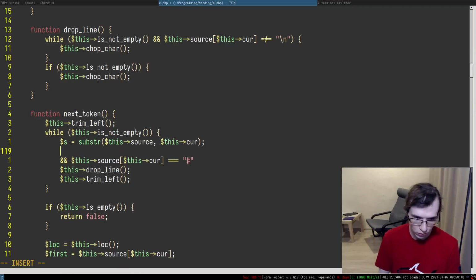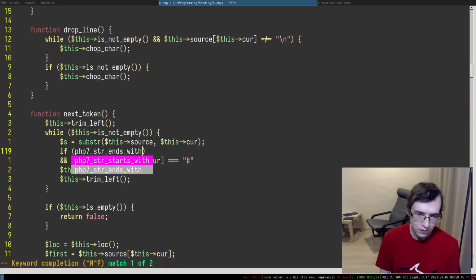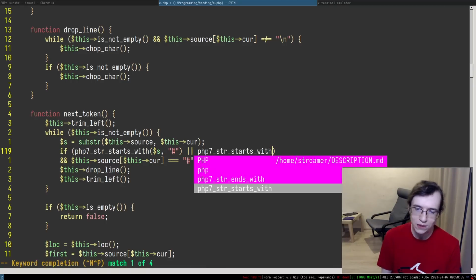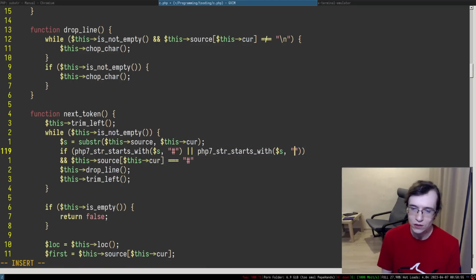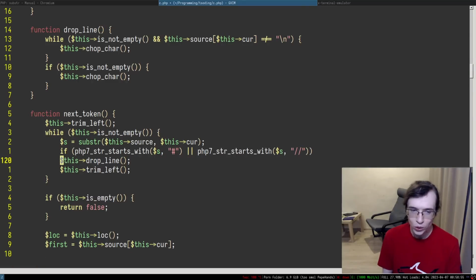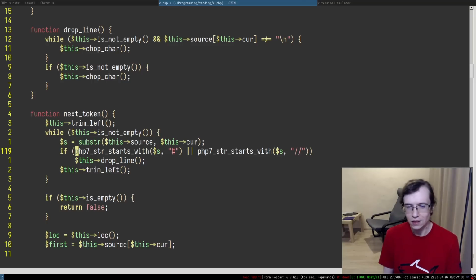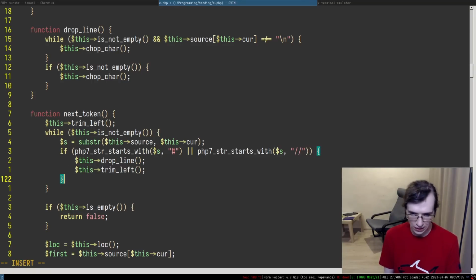So yeah, essentially what I want to do, if this PHP 7 starts with, right, if s starts with that, or PHP 7 starts with //, we want to drop the line and trim left and go for another round of this entire thing.